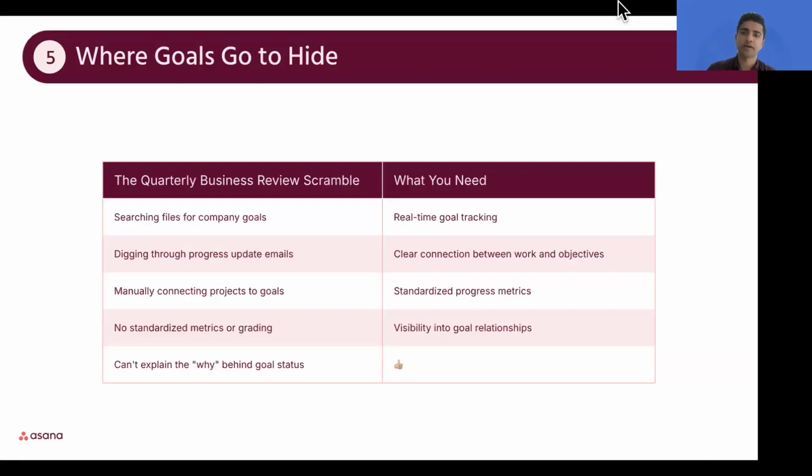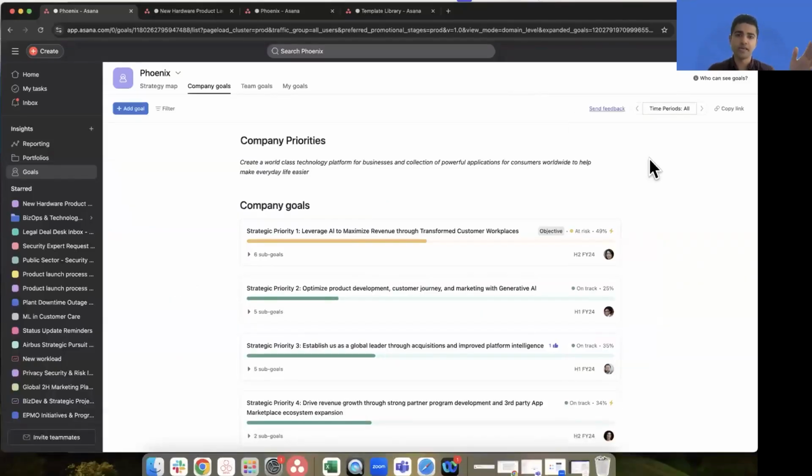Awesome. Thanks, Tim. As we saw Tim going through that exercise, a lot of us have lived through it, where it's so painful to have people go through this process at the end of a quarter, collecting the goals, where we are with those goals, where we are benchmarking ourselves, the links to all the supporting work, what was on track, what's behind. The amount of coordination it takes, bringing people together, live meetings, emails running back and forth, is a lot of work. So how does Asana solve for that?